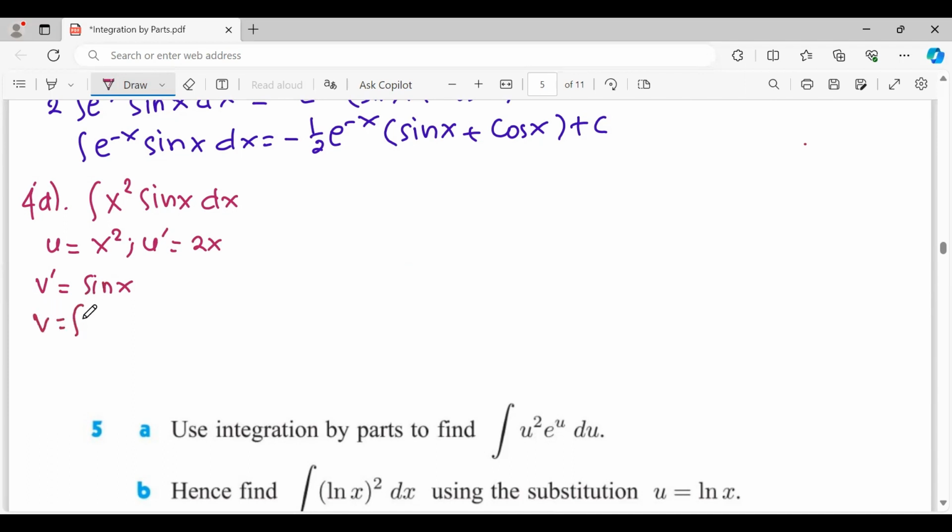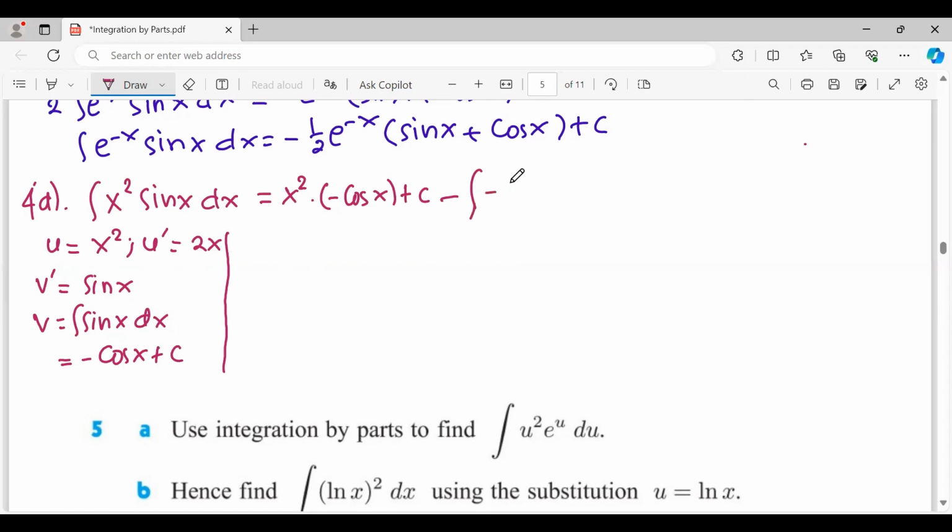So v is the integral of sine x dx, minus cosine x. u times v is x squared times minus cosine x plus c, minus integral of minus cosine x times 2x dx, which is minus x squared cosine x plus c plus